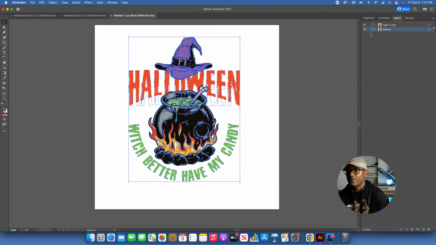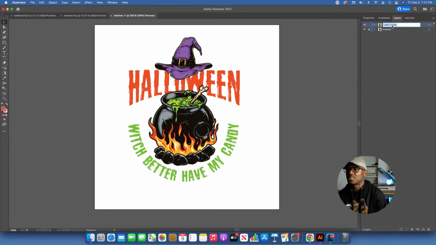And now this artwork file, we're gonna lock it. Hit right there next to it and lock it because we don't want to mess around with it now. We don't want it to move. We don't want anything to happen with that. That's how we start. So then the next one up here, we're going to change that name now. We're going to call it cut lines. Okay, so you got 2 layers here. Your bottom layer is artwork and your top layer is cut lines. You can't do anything on artwork layer because we locked it. So everything now moving forward for this sticker contour is going to be done on the cut lines.